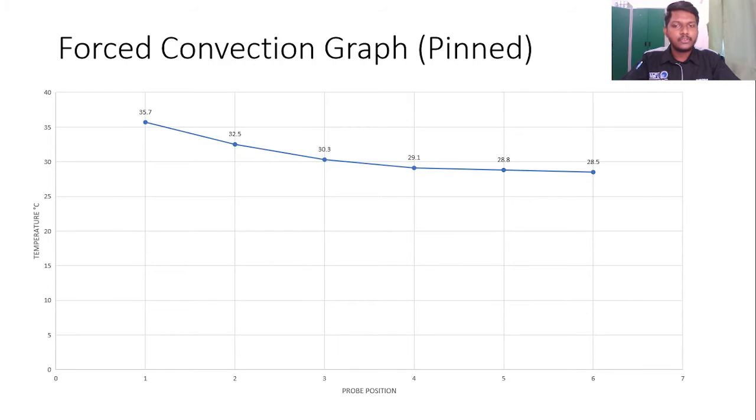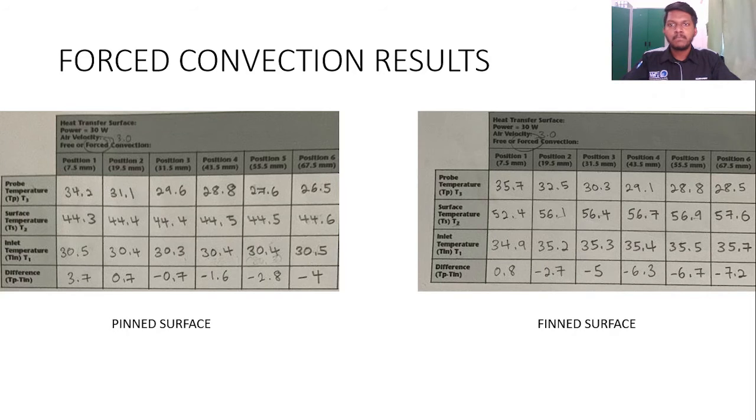The second position, 32.5. For the third, 30.3. For the fourth, 29.1. And for the fifth position, 28.8 degrees Celsius. And for the sixth position, 28.5. Then these are the forced convection results for pin surface and fin surface,